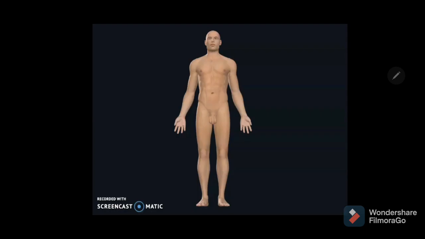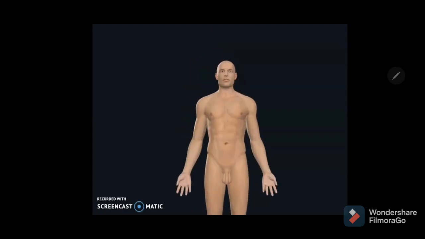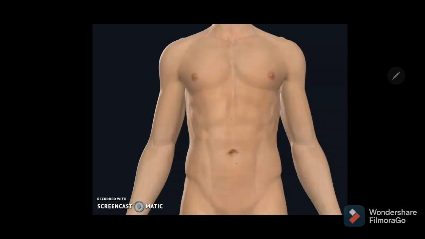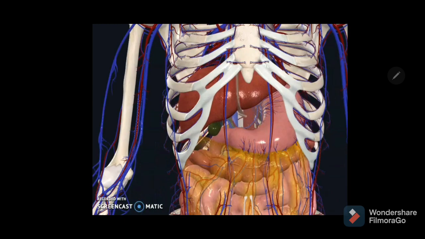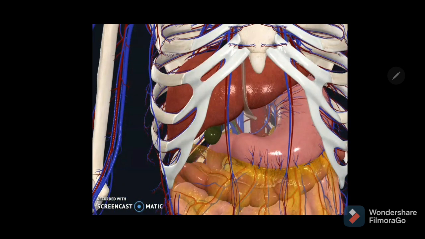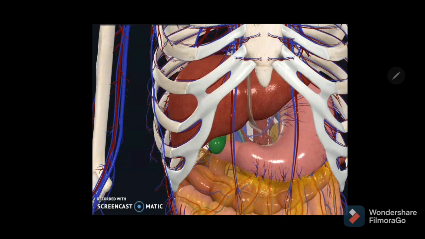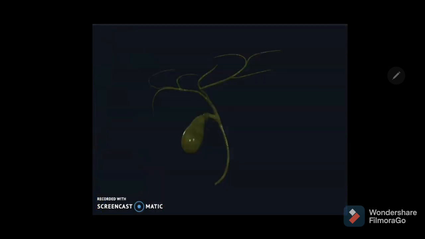And when you observe the extrahepatic biliary tree, you can see, once you take out the skin, that most of the extrahepatic biliary apparatus is under cover of the liver, duodenum, lesser omentum, and head of the pancreas. So these are the four major anterior relations you will see, and you can see the gallbladder, and the gallbladder is related to the ninth costal cartilage and also to the anterior abdominal wall.